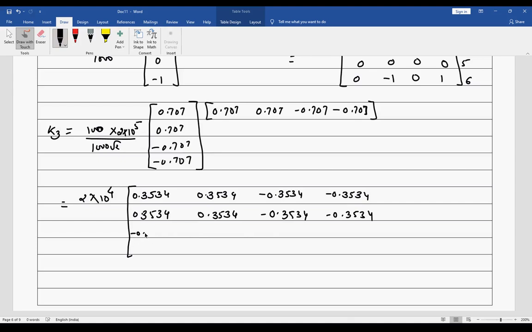Okay, now next is minus 0.3534, minus 0.3534. Then I'll have the positive 0.3534, 0.3534. The same thing I will be getting here.